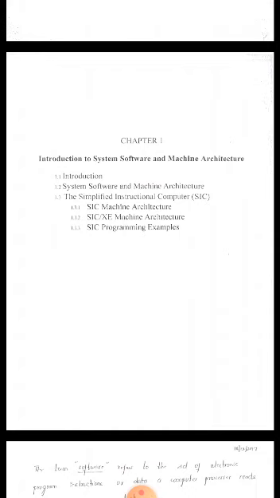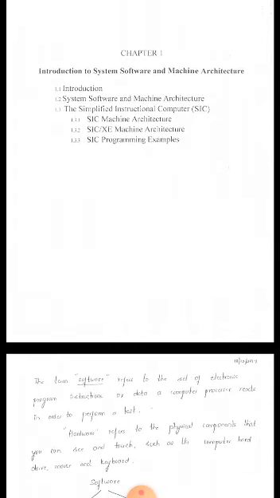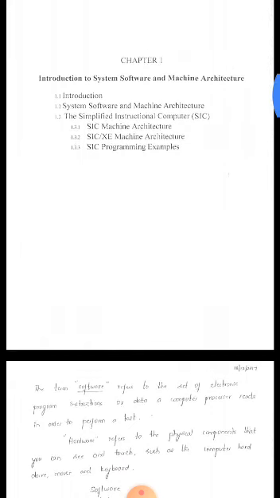So we'll start. What exactly is software? When I say any software, it is nothing but a set of programs, right? What do you mean by program? A set of instructions. For example, I want to play a game, right? So it's a software. How do you play the game? There will be an exe file on your system. You just double click that and you play the game. That's my application software, right? Whenever I want to use it, I'll use it and then I'll close that particular software.